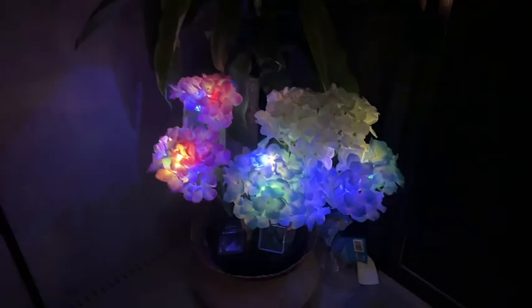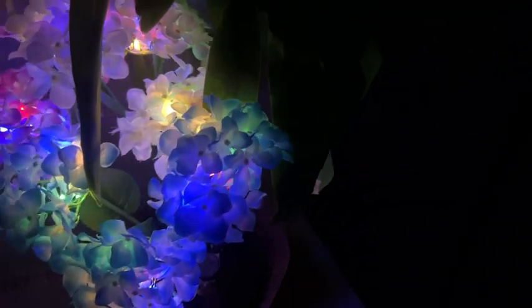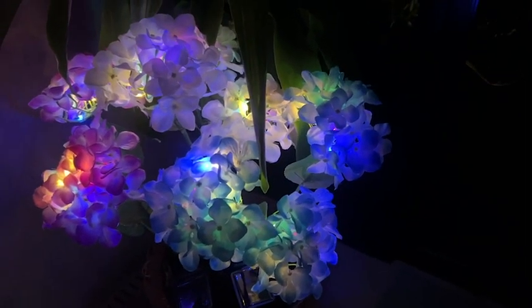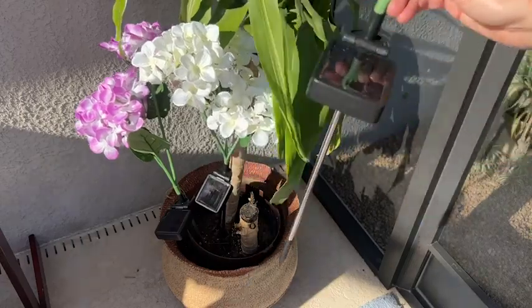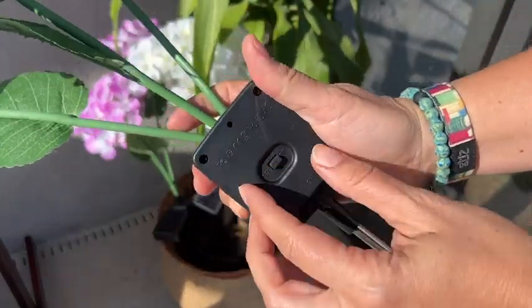But what makes these flowers really special is when it gets dark. Embedded inside the flower is a solar powered garden light. So you can have them flicker or be on constantly, and you can also turn them off. The solar panel section is large, so it absorbs light all day long,